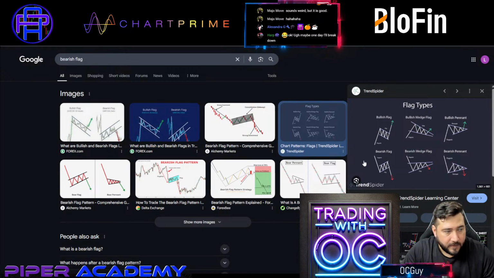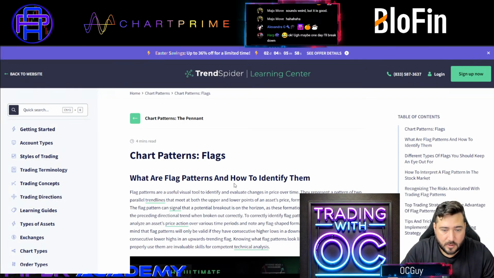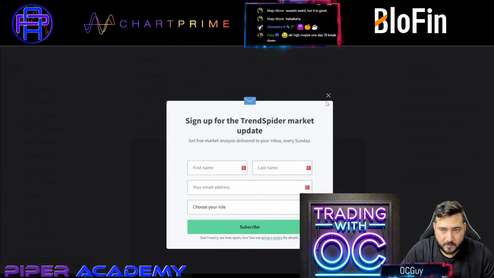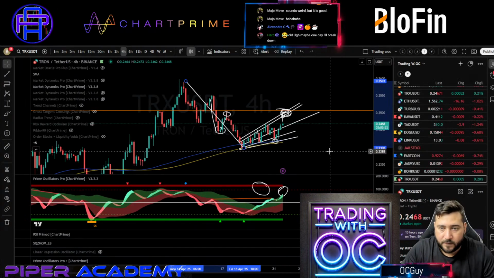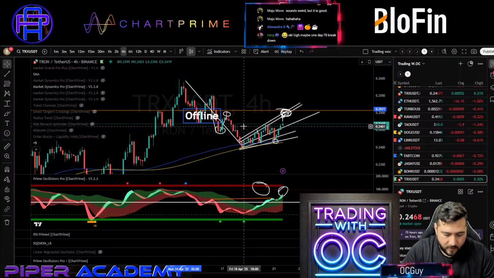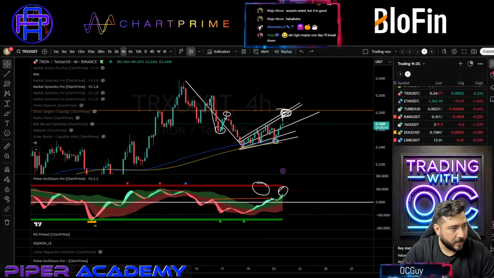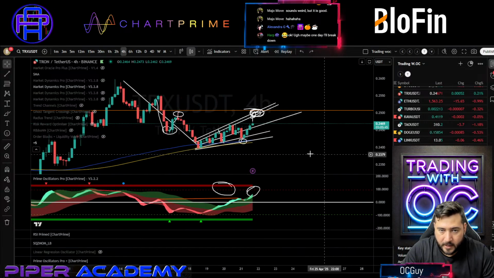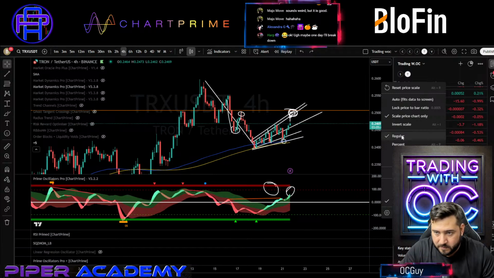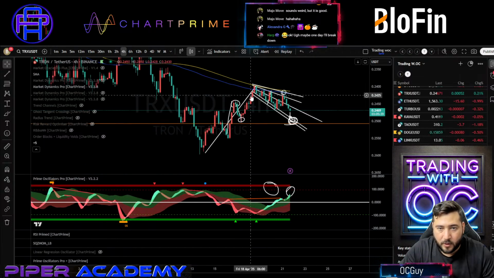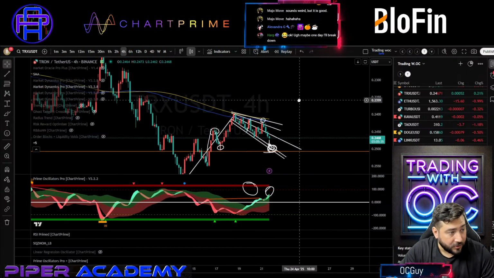Now that we have this pattern here, let me just right click. Let's just copy this. Copy image. Let's see if we can paste it. Whatever, that's fine. All right. Based on this, could this become, let me just make it invert scale. There we go. Does it look like a bullish flag now? It does. It actually does.